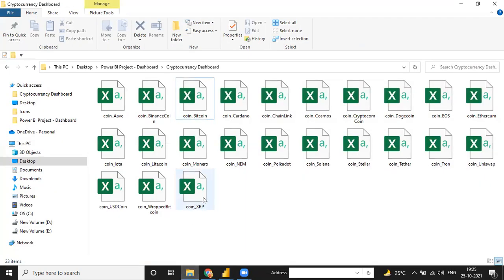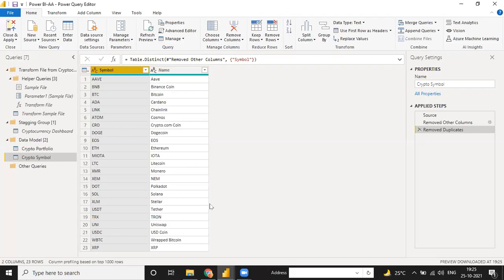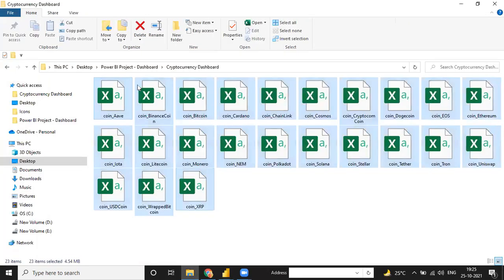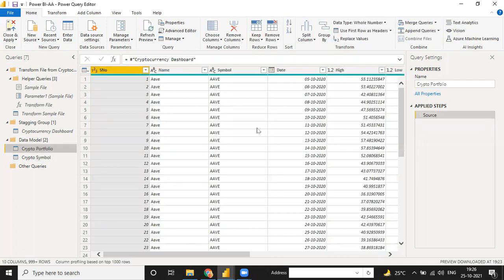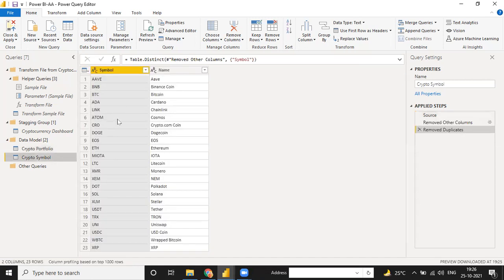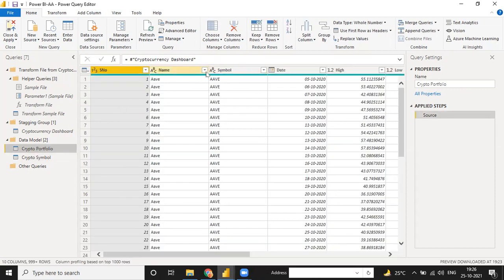And when you check in my dashboard, see, 23 rows. So for one currency we have one row. This table is known as the dim table, and the other table is known as the fact table. The fact table has all the transactions, but the dim table has only the unique values. So why are we keeping only the symbol in this table? Because we match all the data by symbol or name.